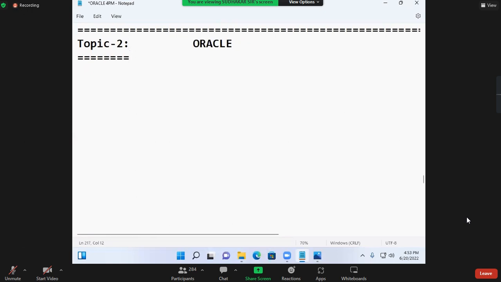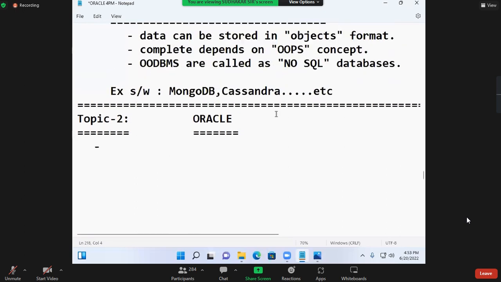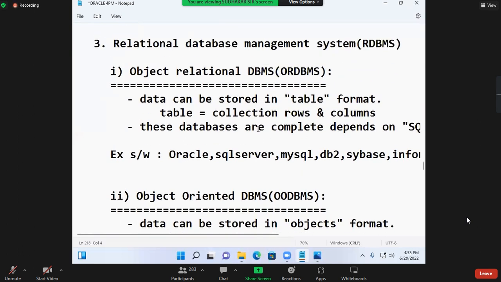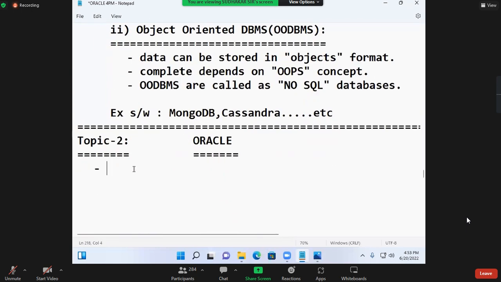So now, Oracle. We want to know about what is what. Now we will discuss. Now tell me, guys, based on this knowledge, based on this information, what do you say? Oracle is an RDBMS or ORDBMS or ODBMS? ORDBMS. So the same point I'm saying here: Oracle is an